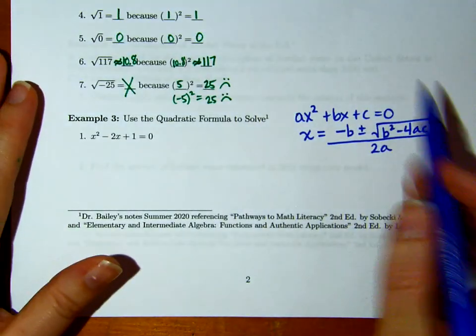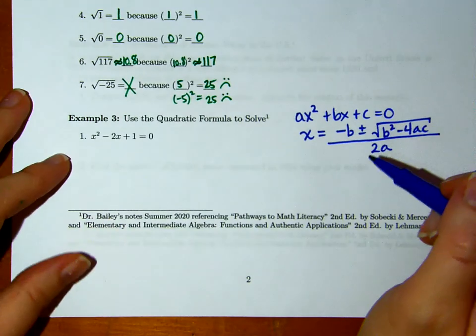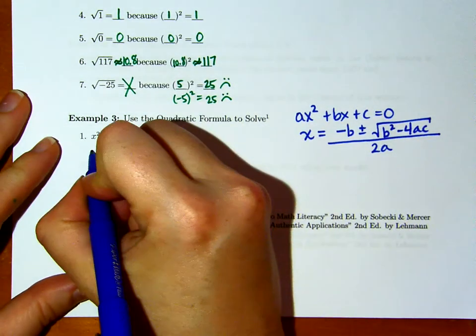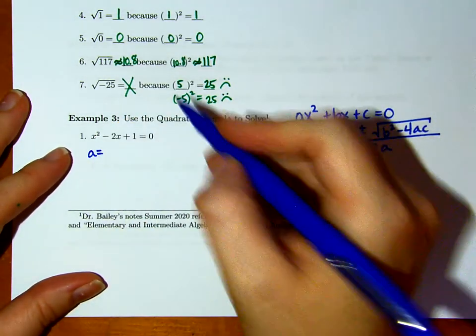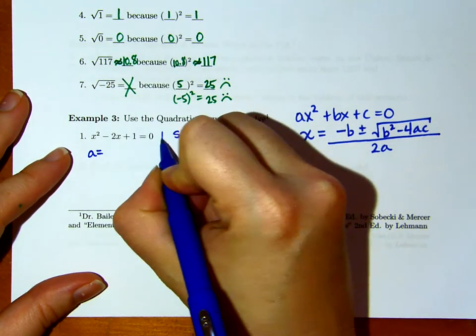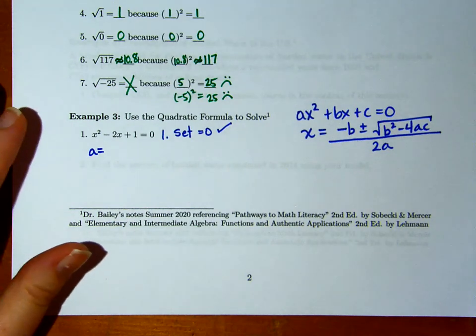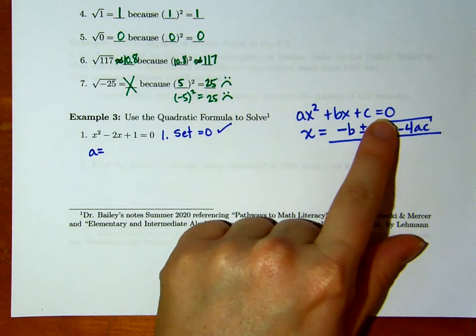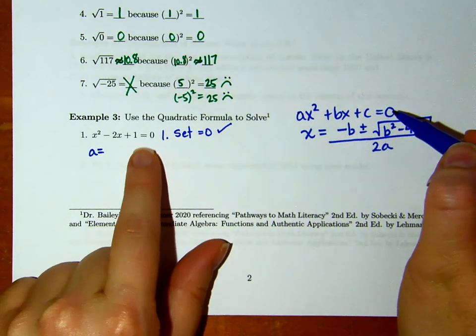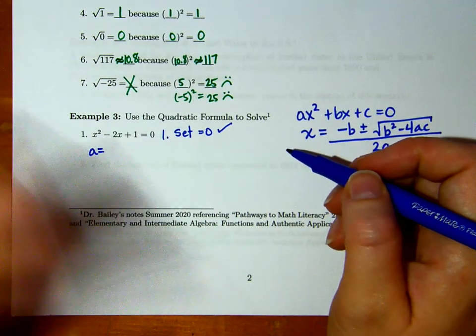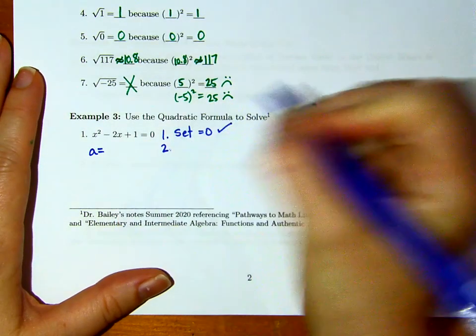Okay, so I recognize that the first thing I really should do is write down a, b, c. No. Step 1, set equal to 0. I just remembered, right? This only works if it's equal to 0, and it is. So step 1, set to 0. Step 2,